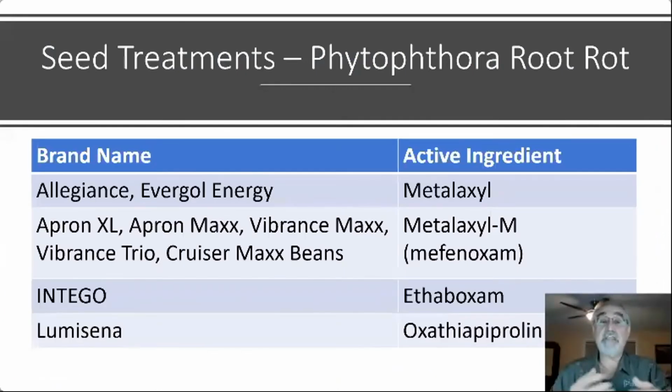Now, tie that in with seed treatments. We have a number of different seed treatments, and the active ingredients, the metalaxyl M's are the predominant ones we've had over the years. Some newer ones, Intego, Lumisena, those are newer products. And what we've seen is that in combination, where you have one or two actives of either the metalaxyl M, and then with these other two products in combination, we can start seeing some better control of both Phytophthora